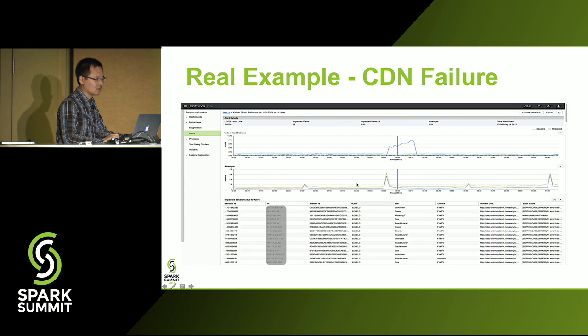And on this graph, we also show the traffic volume for the root cause group and the rest of the traffic to indicate the impact of the issue. Other than that, we also show a sample list of the sessions impacted by the issue so that customers can see the IP, CDN, device, viewer ID, stream URL, and some other attributes to help them debug the issue and take action.